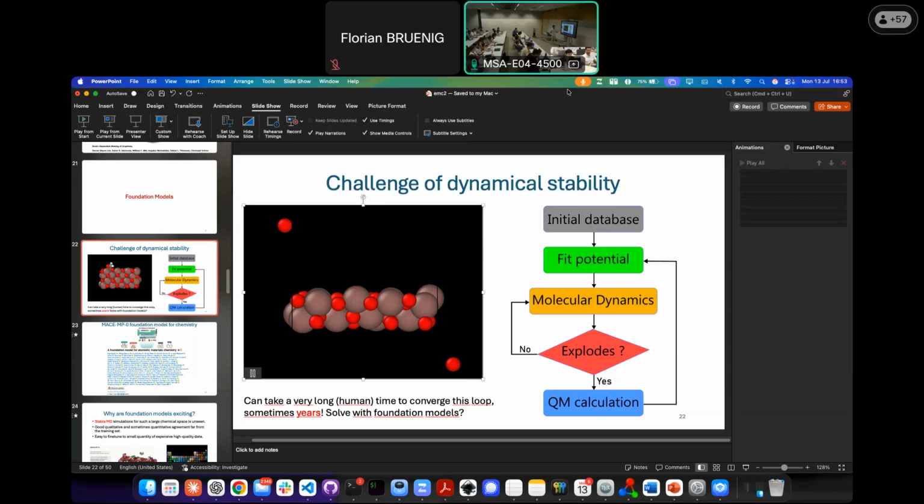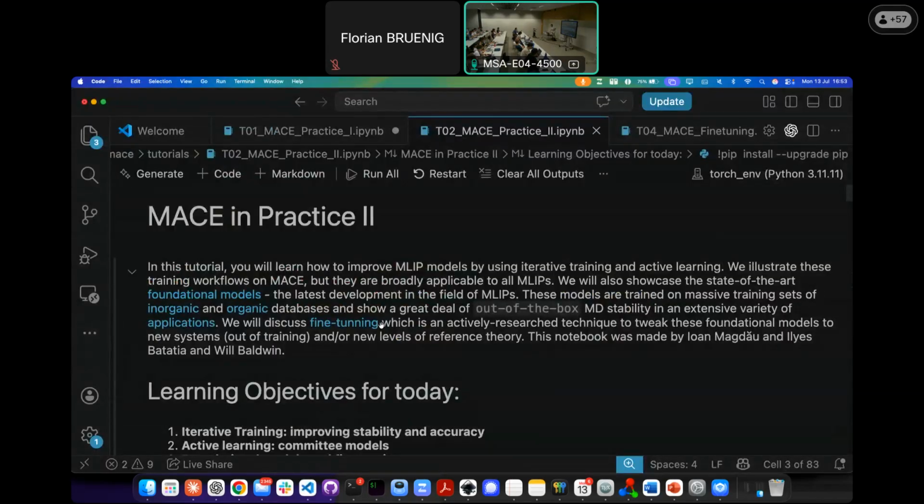Usually, right now, people no longer do it the same way because you use foundation models, and that will be the last notebook. But just for embracing our history, we should go over this thing together. So that's the second tutorial, where we'll basically go over how do you do iterative fitting,